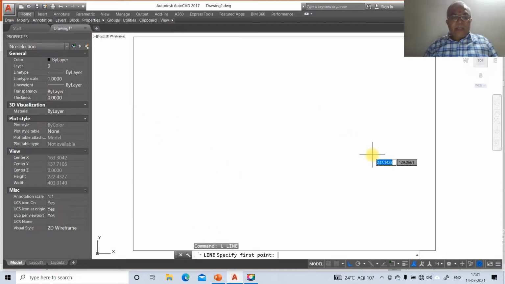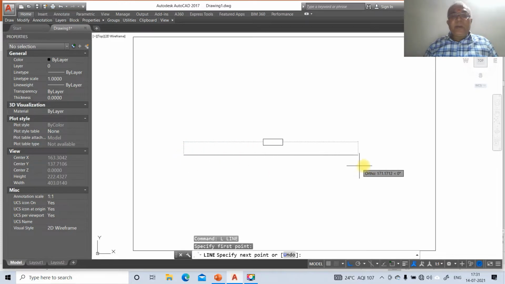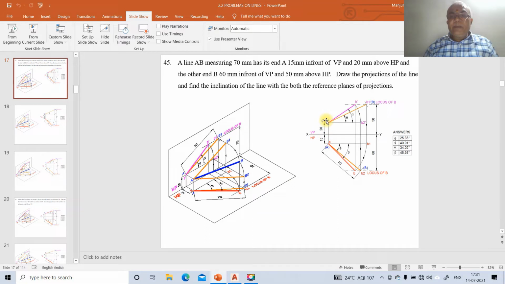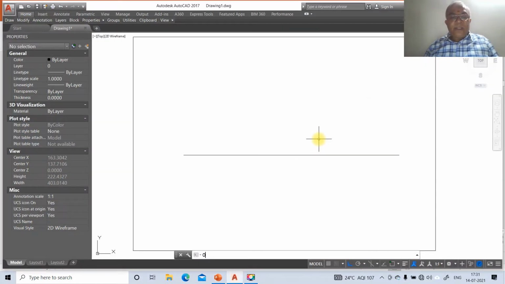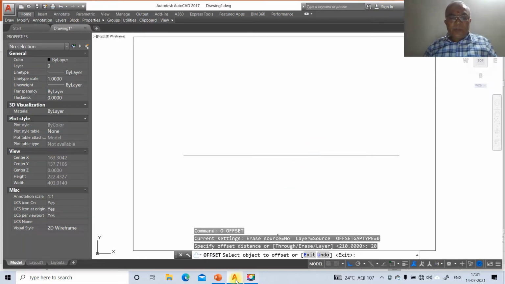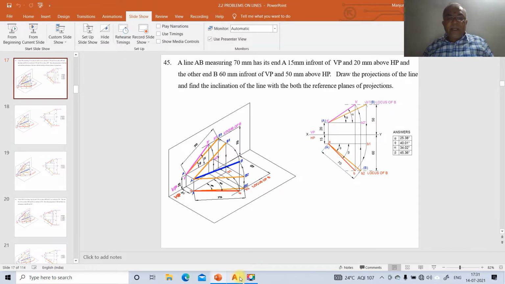Now we are going to draw a line. First we consider any arbitrary point and draw a horizontal line of any distance. Then we take 20 mm above the XY line and 15 mm below the XY line. To do that, go to offset, take 20 mm, enter, and take 20 above the XY line.